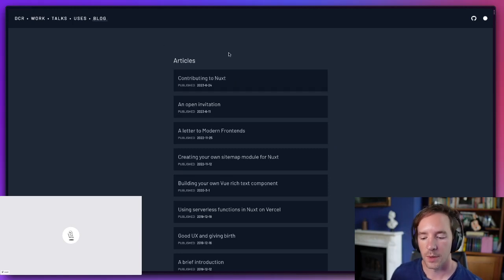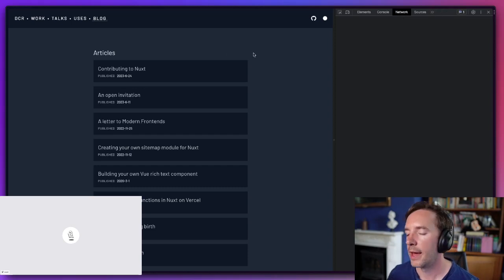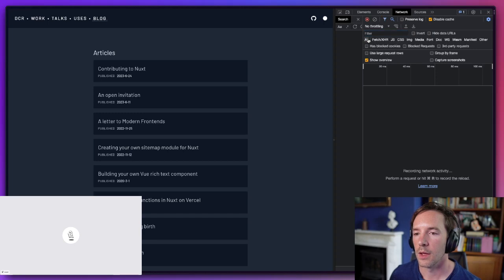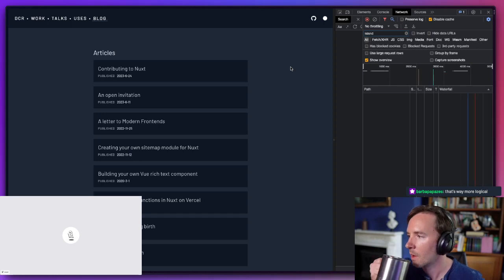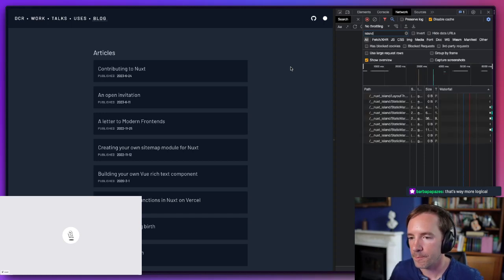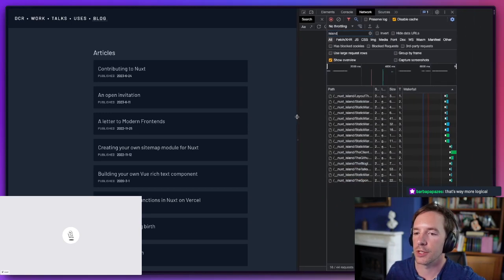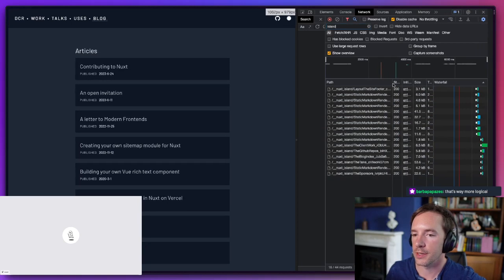And so if I open the network tab and load this page, and just filter by island, what happens here is that it loads the page and becomes interactive, and then it prefetches the server components used by these additional pages.